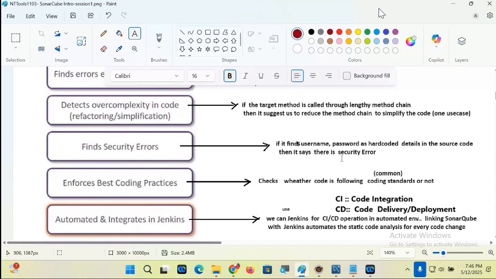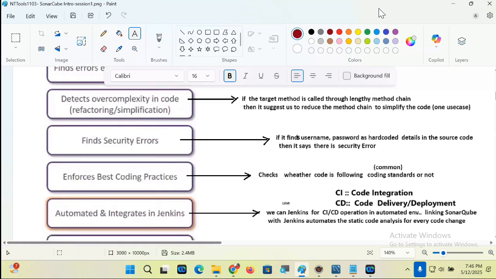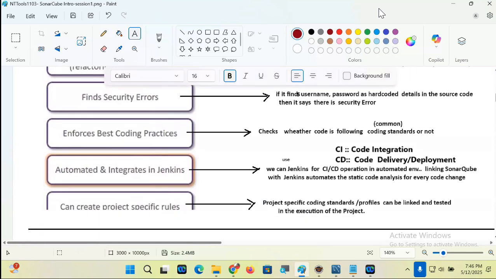So that definitely comes under security issues. It enforces best coding practices. A code review checks whether coding standards are followed or not. It simply checks whether the code is following coding standards or not.